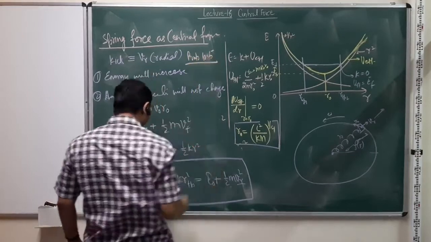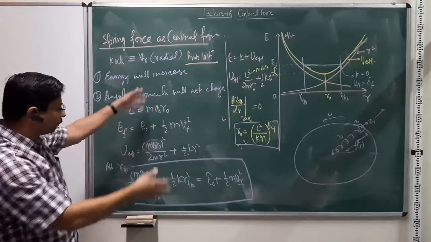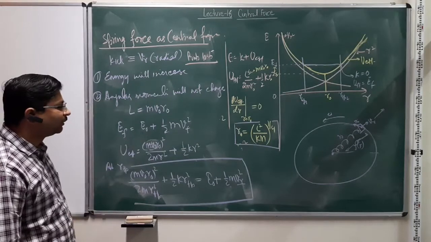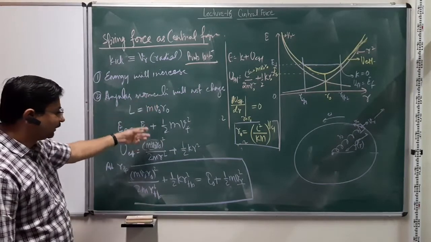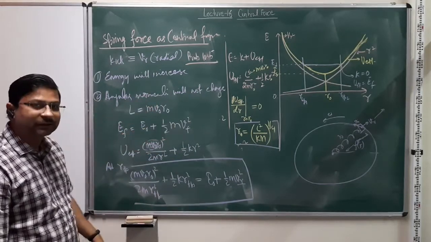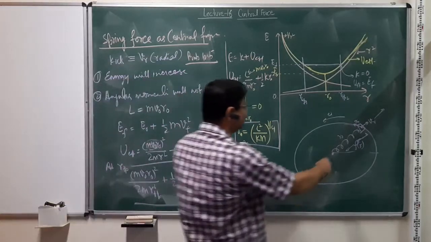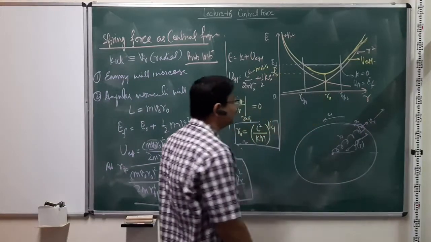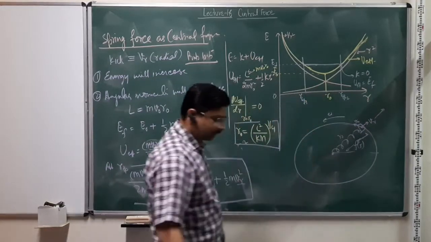I think this is also problem 10.5 in the book of Kepler, where the quantitative details of this system are given. So you can repeat this analysis and try to see what kind of numbers you get, how this orbit deviates from circular nature and then oscillates between these two extreme limits.